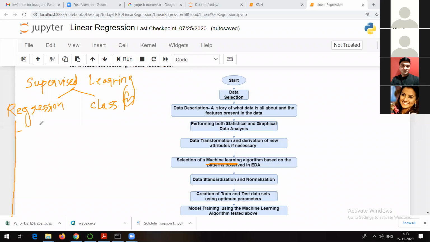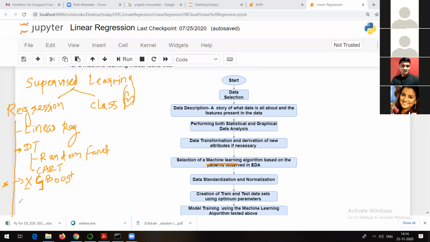Whenever I talk about regression, there are different algorithms which can be used. For example, we talked about linear regression, right? But it's not like there is only linear regression. There are other algorithms like decision tree. Under decision tree, there is random forest, which is one of the best algorithms. Then there is the algorithm called CART, classification and regression tree, which is also based on decision tree. There is one more best algorithm, called the queen of machine learning algorithms, and that is the XGBoost algorithm. In practical scenarios, many times we prefer XGBoost, extreme gradient boost.